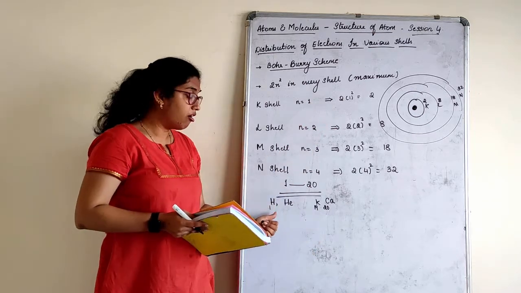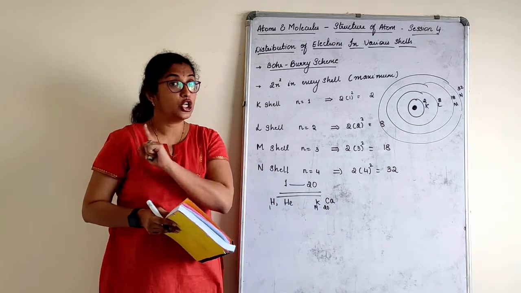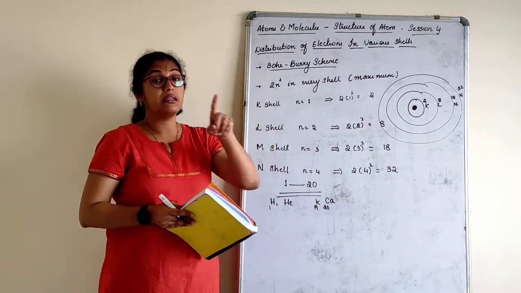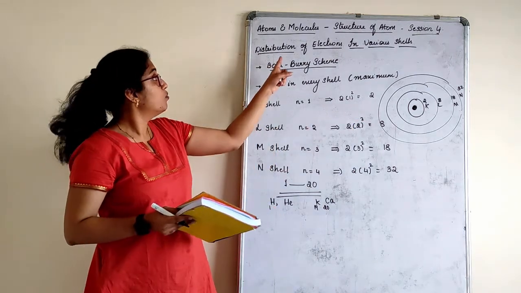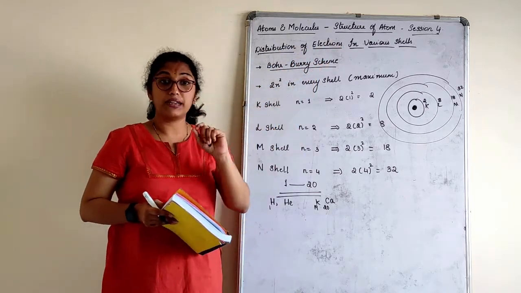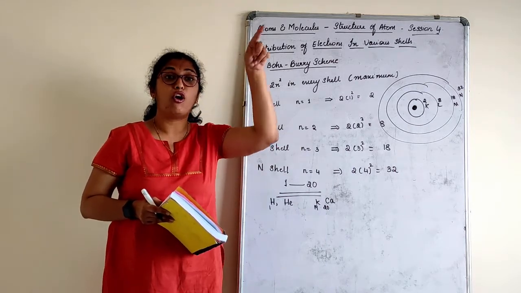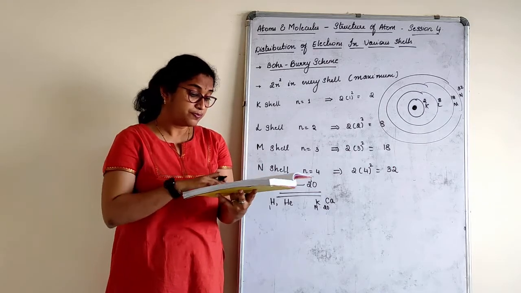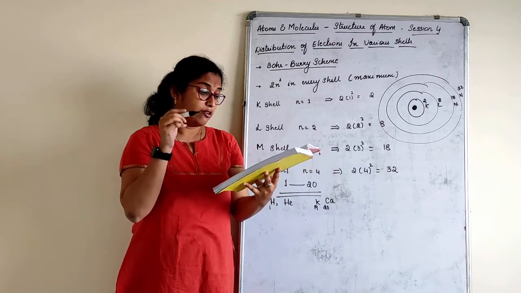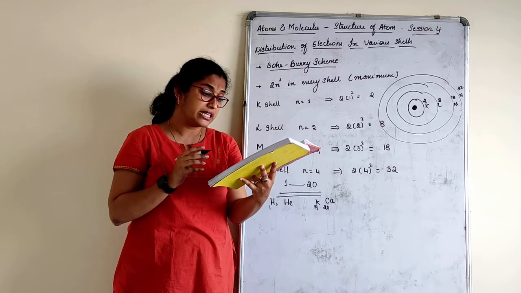Remember the order of these first 20 elements along with their atomic number, not mass. Atomic number is useful. Electron distribution is done based on the atomic number. What do we write here? Distribution of electrons. Electrons are what? Atomic number, right? That means you should remember the atomic number of these first 20 ordered elements. Now which are those? Hydrogen, helium. The way I am reading, the numbers will go accordingly. Hydrogen 1, helium 2, lithium 3, beryllium 4, boron 5, carbon 6.